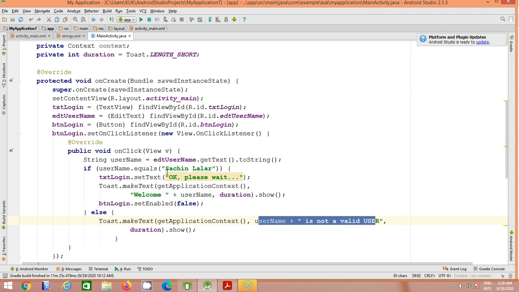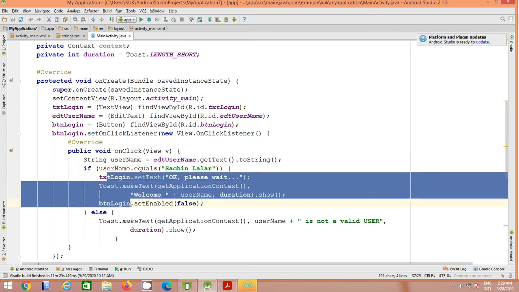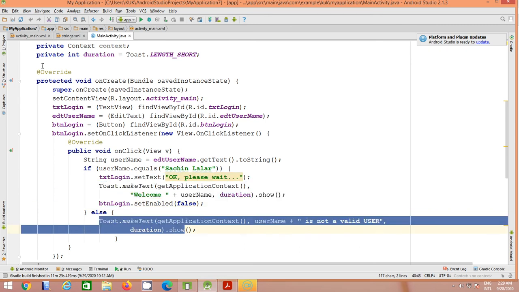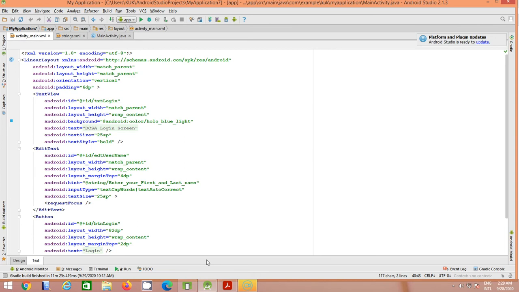In that case we have just taken an example: if the username is equal to this one, then these three parts will happen, otherwise a toast message will be displayed. So this is your coding part.